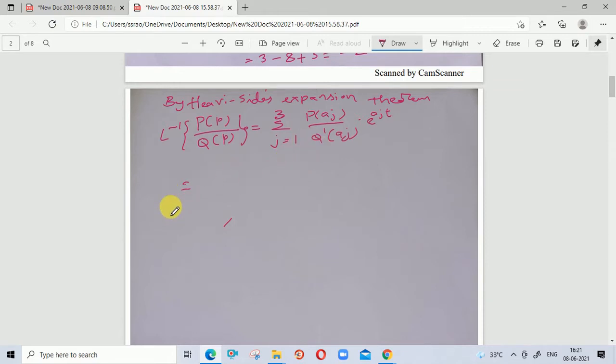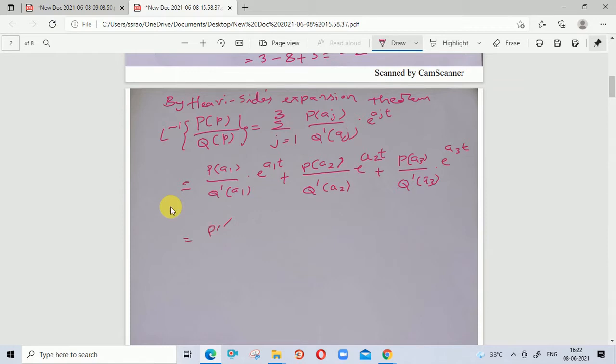P of a1 divided by Q dash of a1 into e power a1t, plus P of a2 divided by Q dash of a2 into e power a2t, plus P of a3 divided by Q dash of a3 into e power a3t. So that is equal to P of a1, that is P of 0,